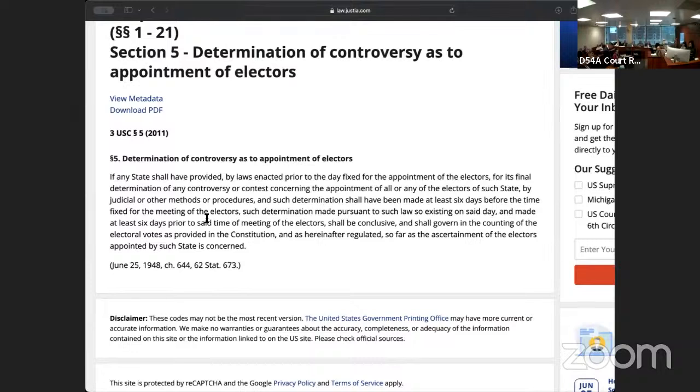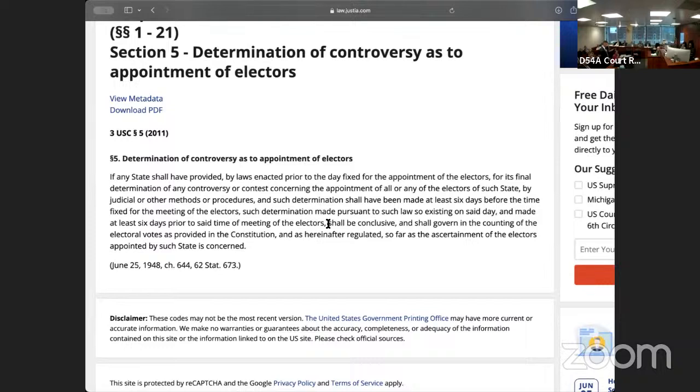If any state shall have provided by laws enacted prior to the day fixed for the appointment of the electors for its final determination of any controversy or contest concerning the appointment of all or any of the electors of such state, by judicial or other methods or procedures, and such determination shall have been made at least 6 days before the time fixed for the meeting of the electors, such determination made pursuant to such law so existing on said day, and made at least 6 days prior to said time of meeting of the electors, shall be conclusive and shall govern